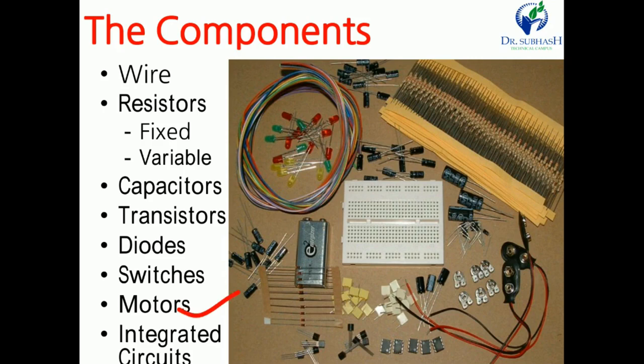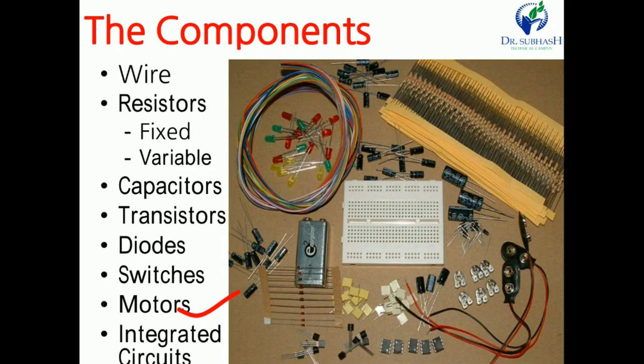Then motor. In this diagram there is no motor, but if you want to design any circuit that converts electrical signal to mechanical, then a motor is used. AC motor or DC motor is available. In any toys, we can see different types of motor according to the rating, 6 volt or 12 volt, or servo motor, stepper motor. All are electronic components. This is used for circuit design.